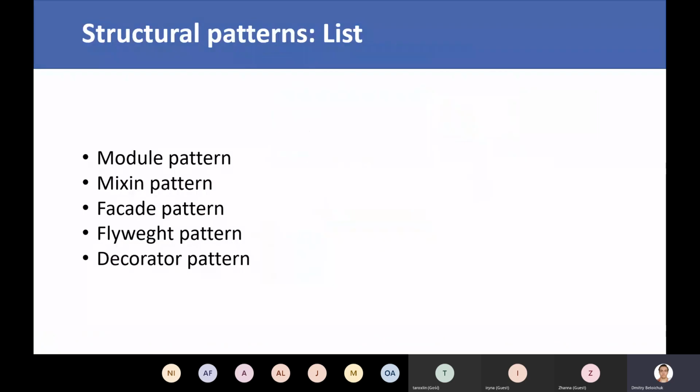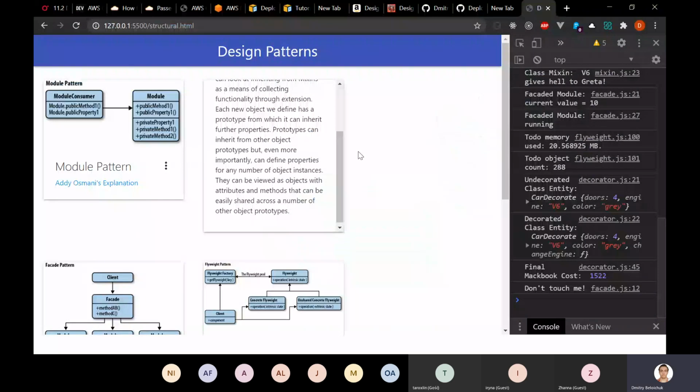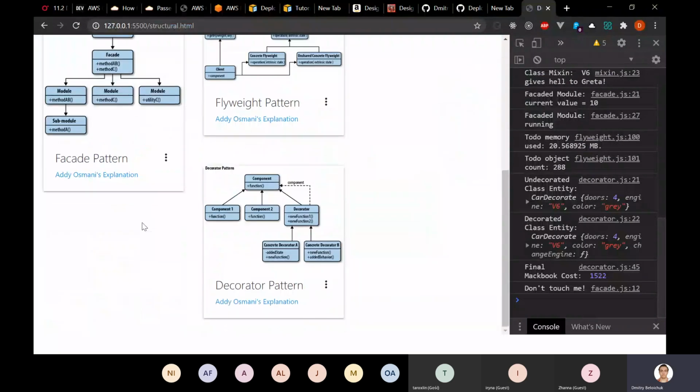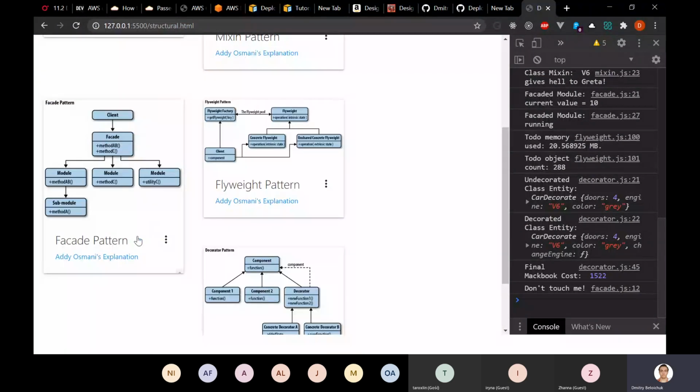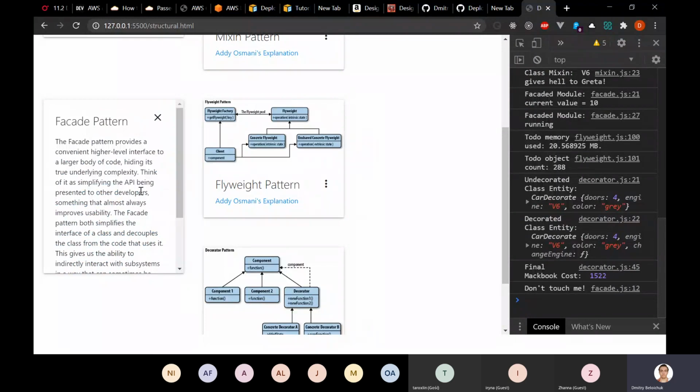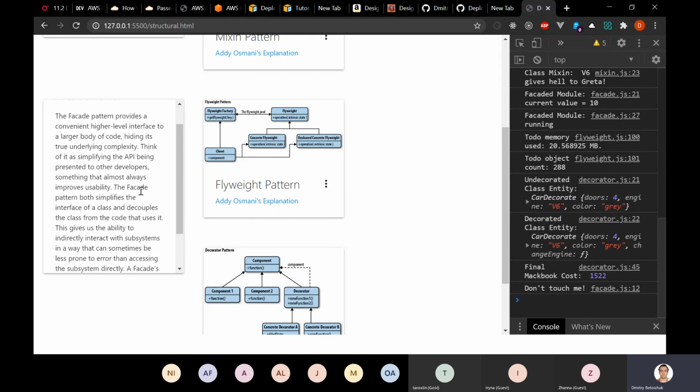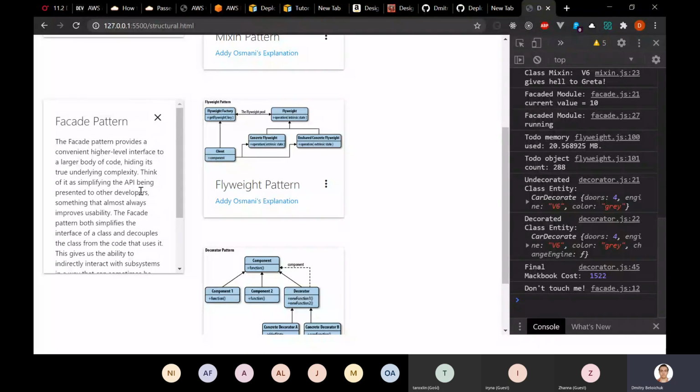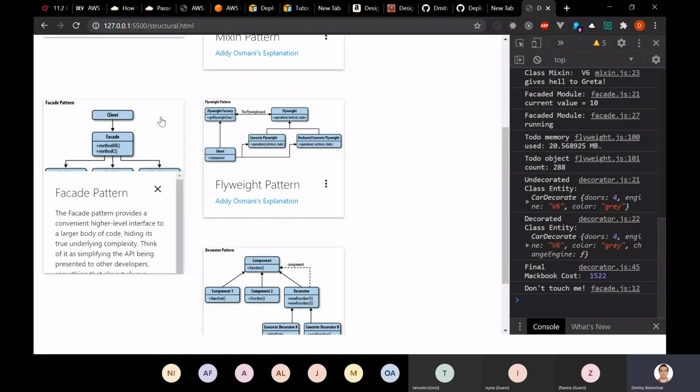Then we have the facade pattern, and according to the definition, the facade pattern provides a convenient higher-level interface to a large body of code, hiding its true underlying complexity. Think of it as simplifying the API being presented to other developers, something that almost always improves usability. So the facade,